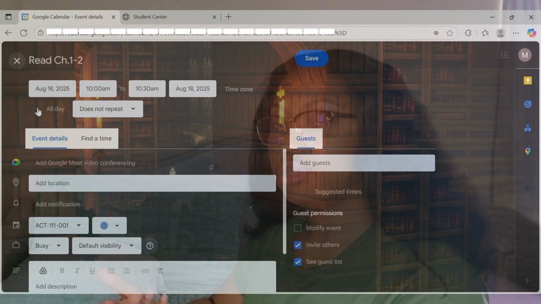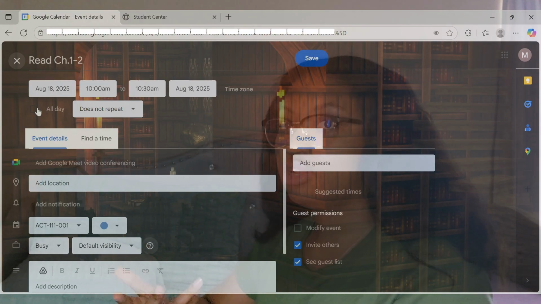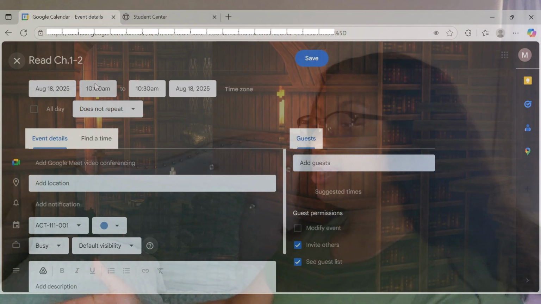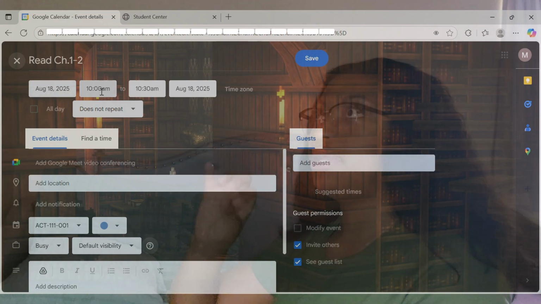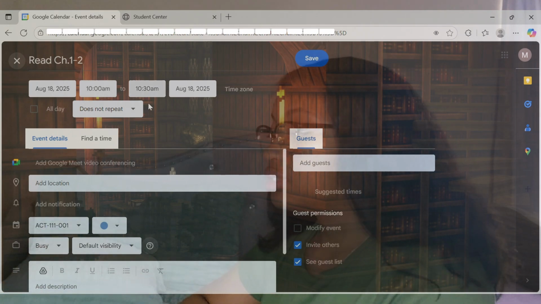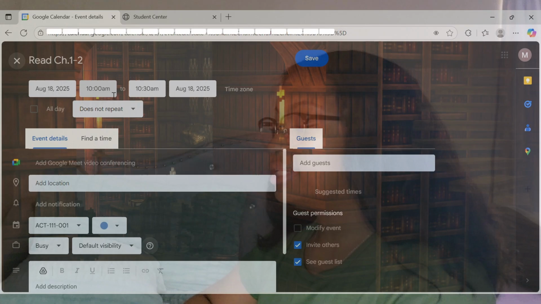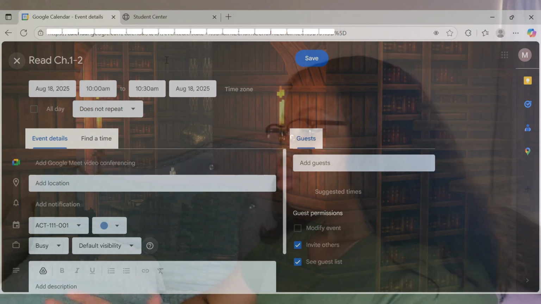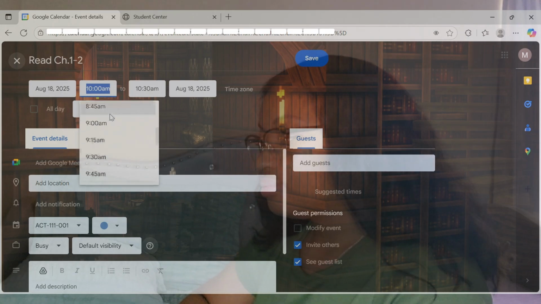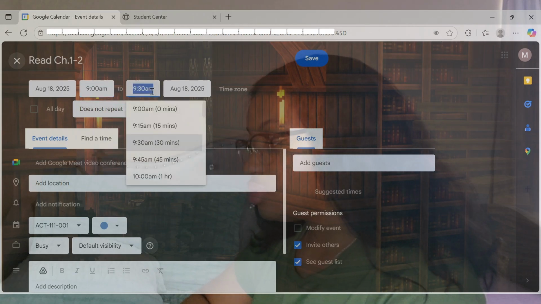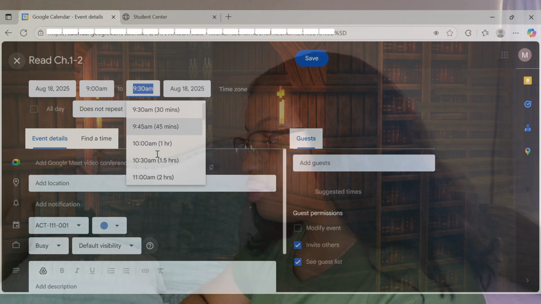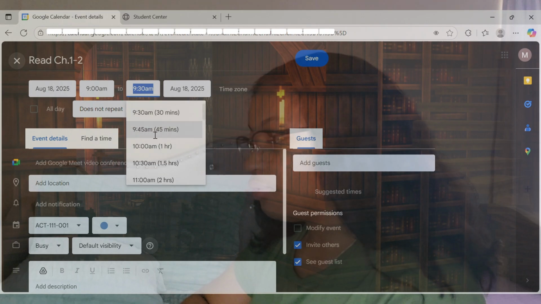Obviously, I don't want that to be an all-day notification because that's only going to notify me one time during the day. I'm going to choose whatever time I want it to notify me, which will probably be the time I have set for that specific calendar. So for this calendar, I think I have it already set for 9 a.m. to 10:45. Or is it 9:45? I don't really remember which one, but I'm going to put